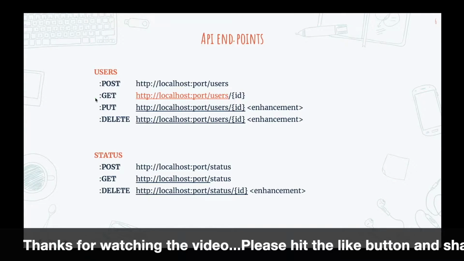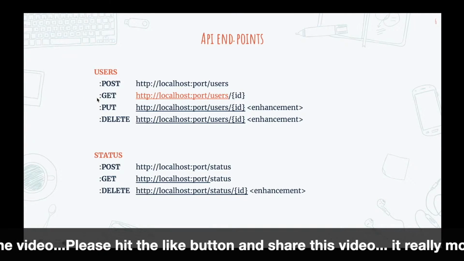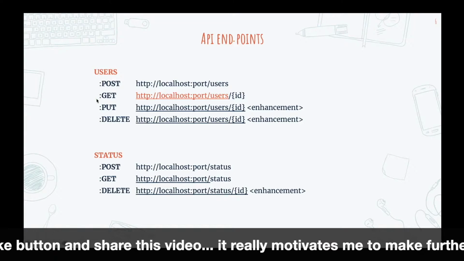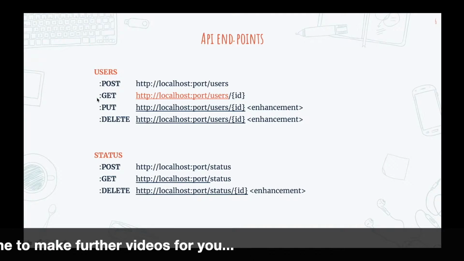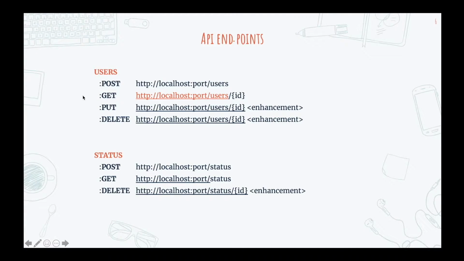So as you know, for a normal REST API, we normally provide 3 to 4 endpoints. Number 1, the post endpoint for saving the data, the get endpoint for retrieving the data, the put endpoint for updating the content, and the delete for deleting a particular record from our database. So over here in this tutorial, we will be designing the minimum number of endpoints that we need for cloning